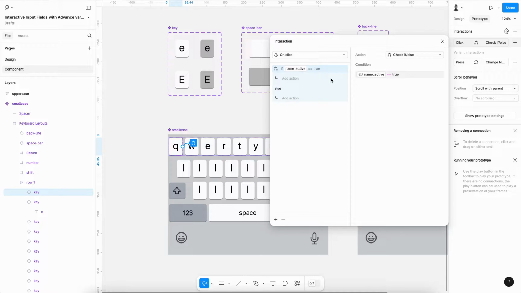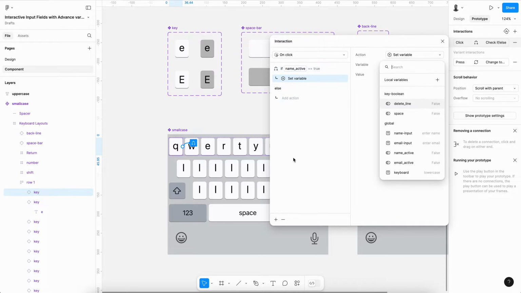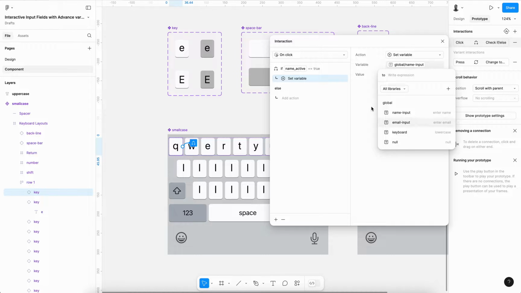So the same parameter reference we will give here, and after that we will give a set variable that targets the global name input field and